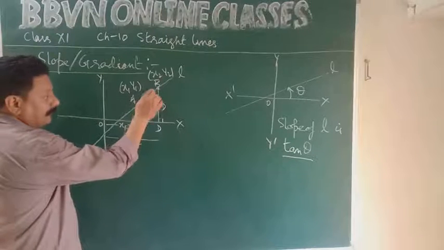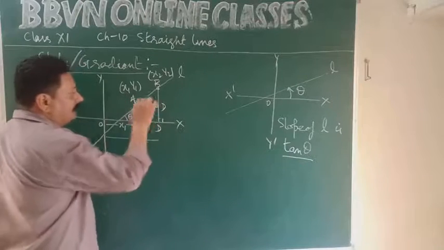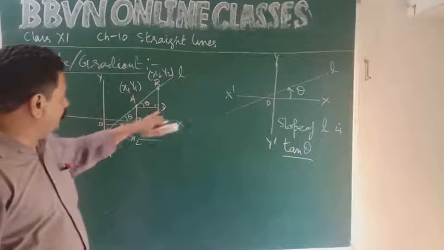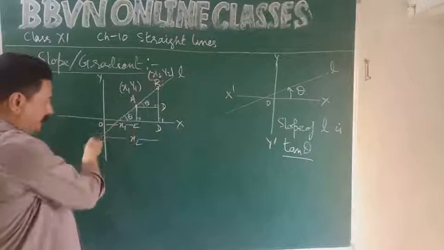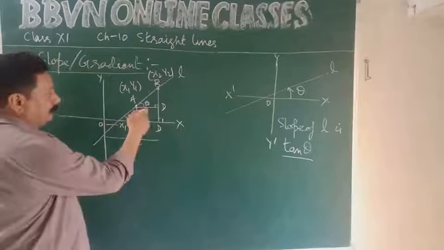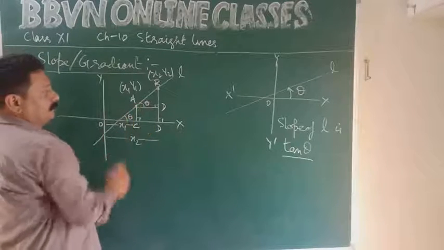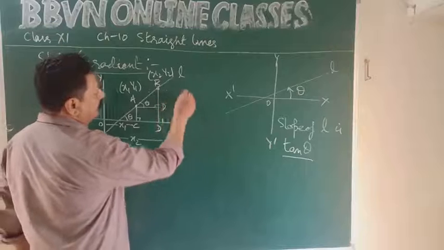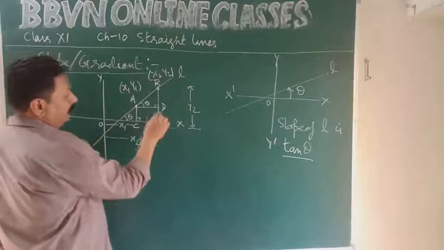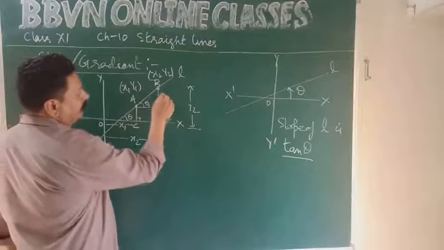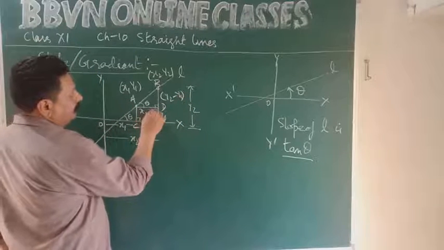So angle between the line and the x-axis is this. This angle is theta. So this angle will also be theta because AD is parallel to the x-axis. Two parallel lines and a transversal line L acts as the transversal for these two parallel lines. So corresponding angles will be equal. So this angle is also theta. Now from D to B, this entire length is y2 units. And here to here, the length is y1 units. So BD will be y2 minus y1 and AD will be x2 minus x1.